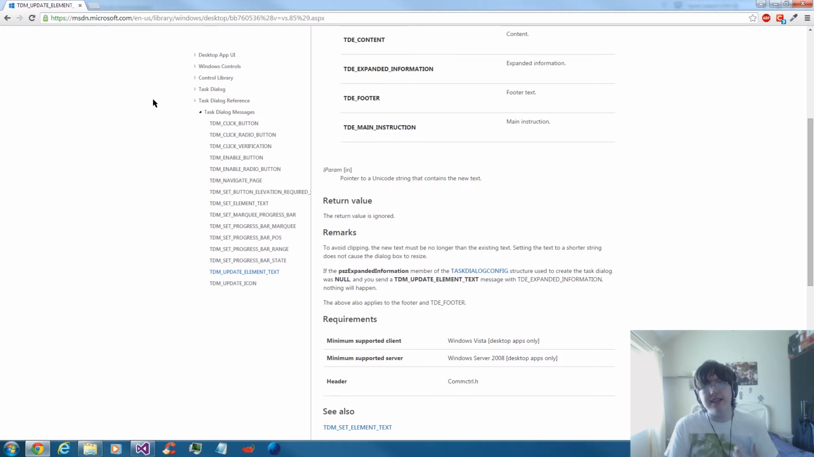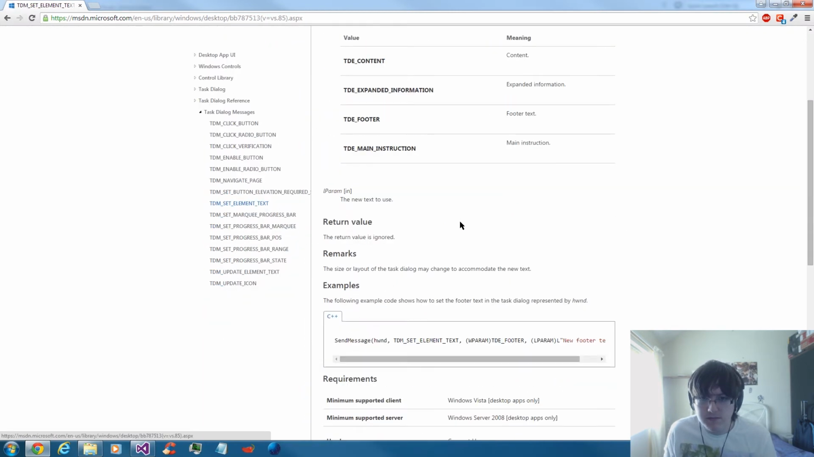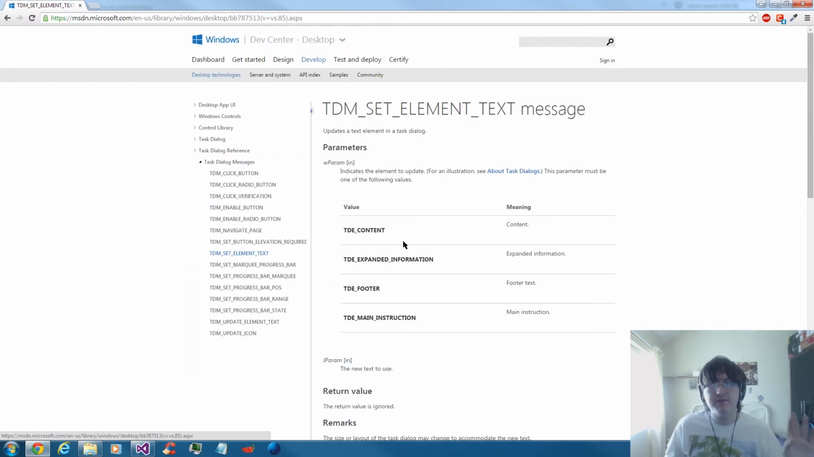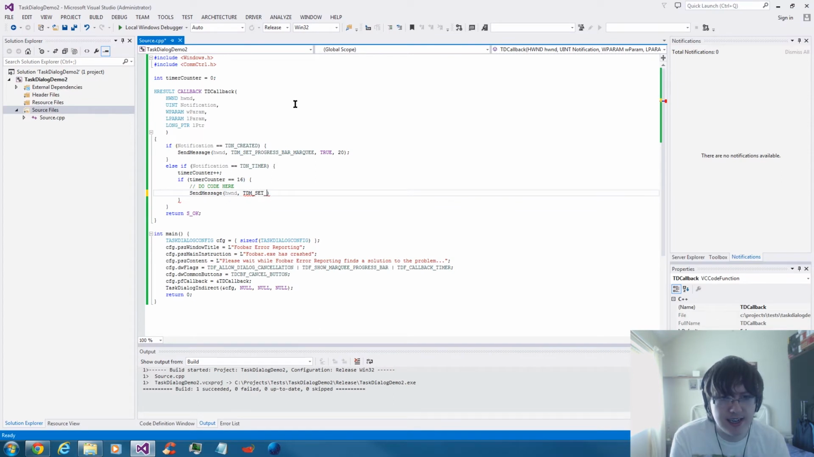Right, so update text seems to just change text, but it doesn't modify the box's size. Set element text, I believe. Yes, this one actually does change the dialog's size. So, for example, if I was to do TDM set element text, oops,